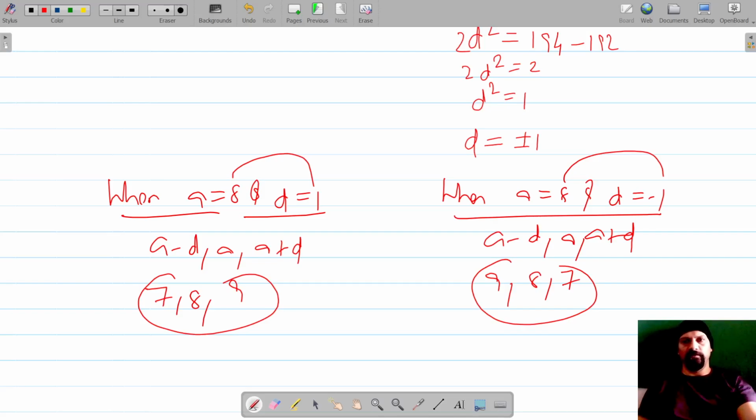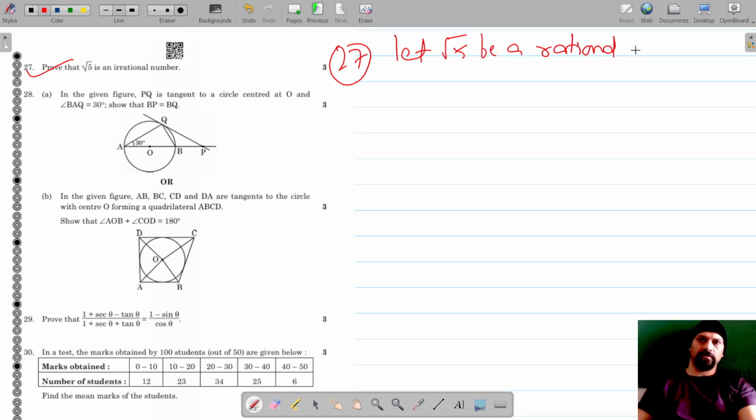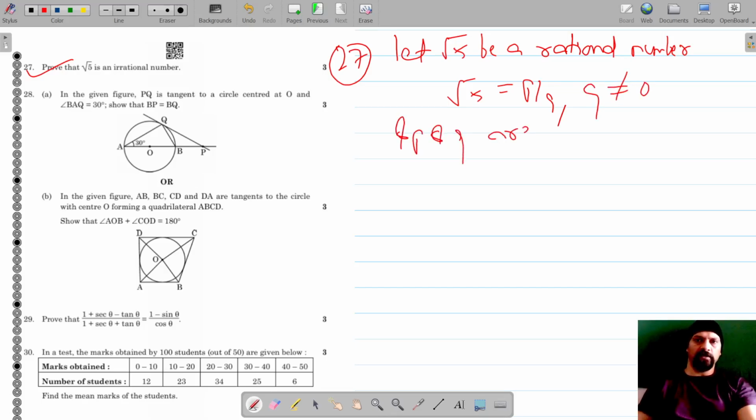Let's move on to question number 27. For the next question, we have to prove that root 5 is irrational, and this is question number 27. For this, we are going to assume that root 5 is a rational number. So let root 5 be a rational number. Now, root 5 is equal to p by q, where q is not equal to 0, and p and q are